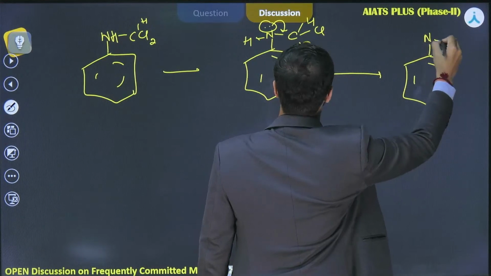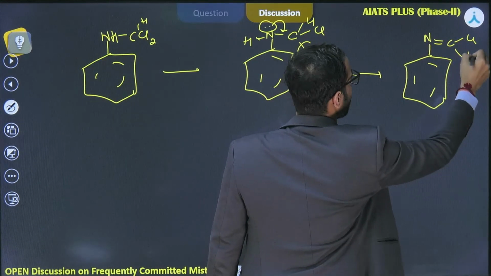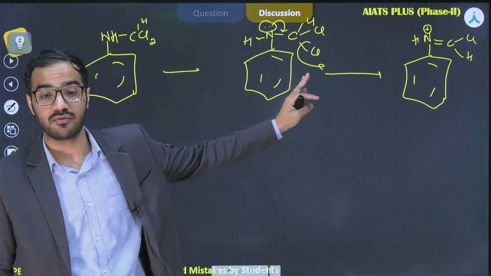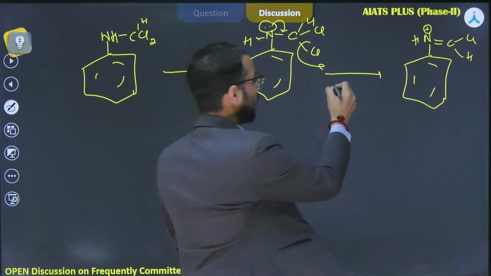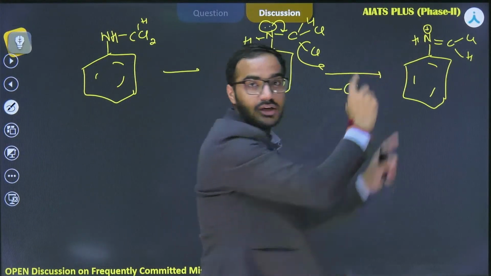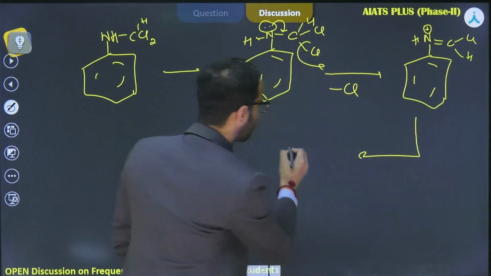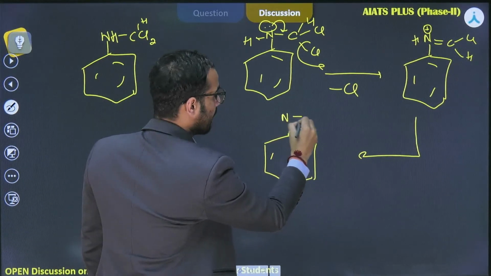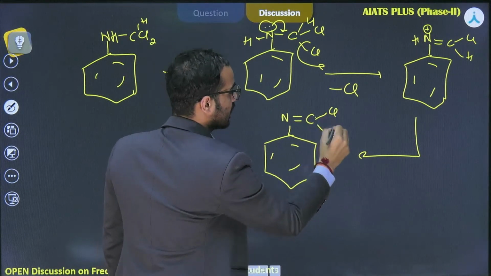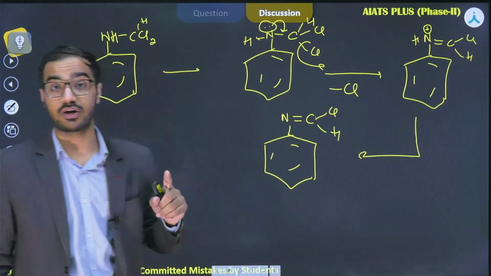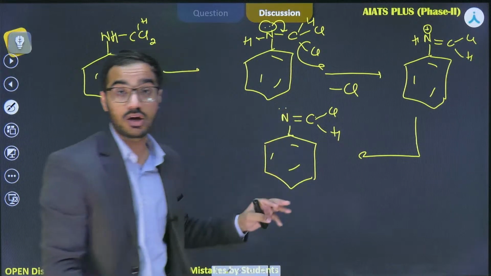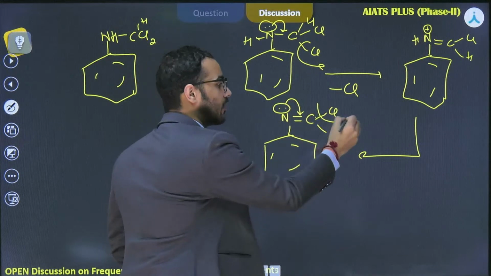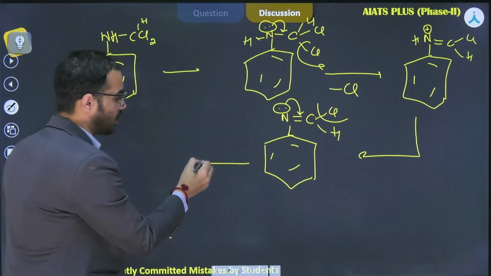This is N double bond C, Cl, H, H, and the positive charge will occur. And the Cl negative which was already released will abstract this proton and you will be having this N double bond C, Cl, and H. And again, what will be the reaction? There is also the presence of lone pairs again. So this lone pair will again release the Cl negative, and you will be having